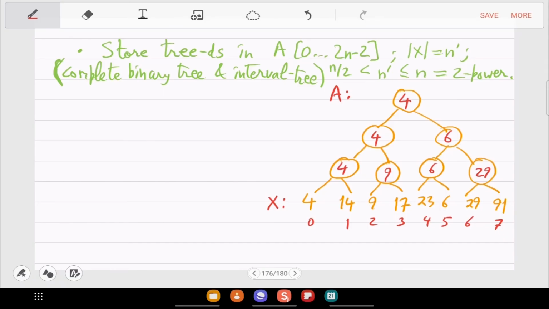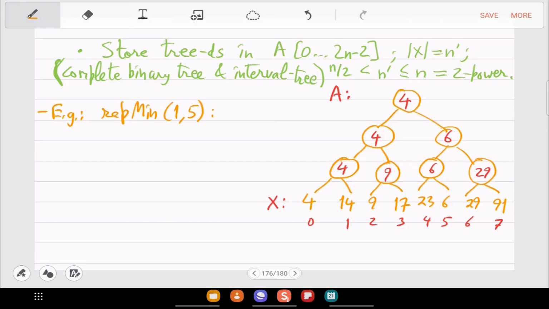What you want to do here is, let's say, report the minimum from 1 to 5. How will that work? What is the fast way to calculate the minimum from 1 to 5, which is values 14 to 29? This is not just a search in a binary search tree. You have to use the interval tree property.